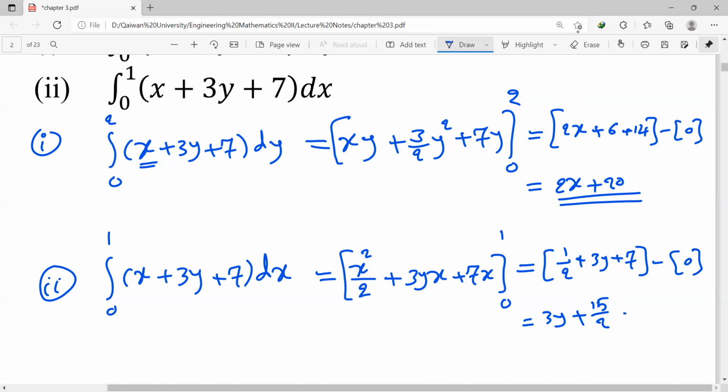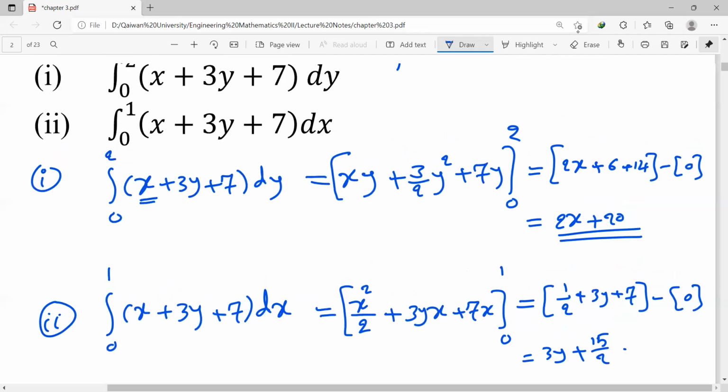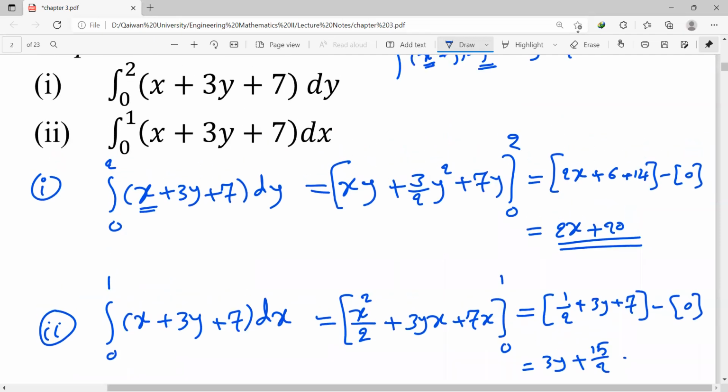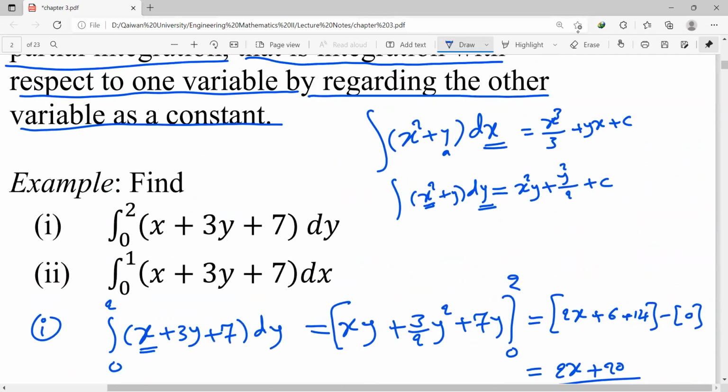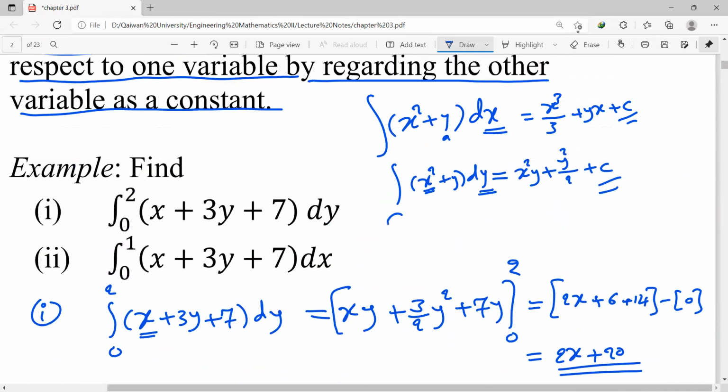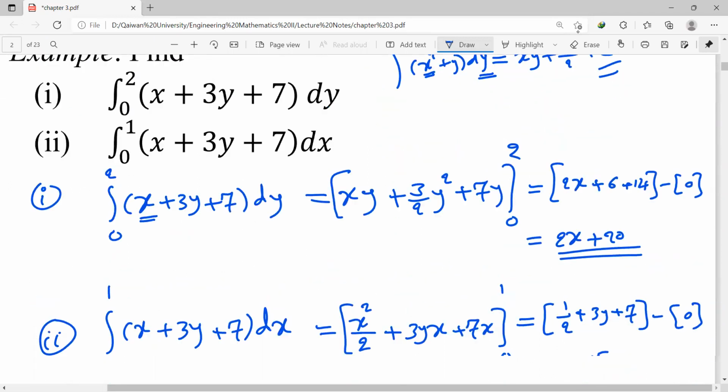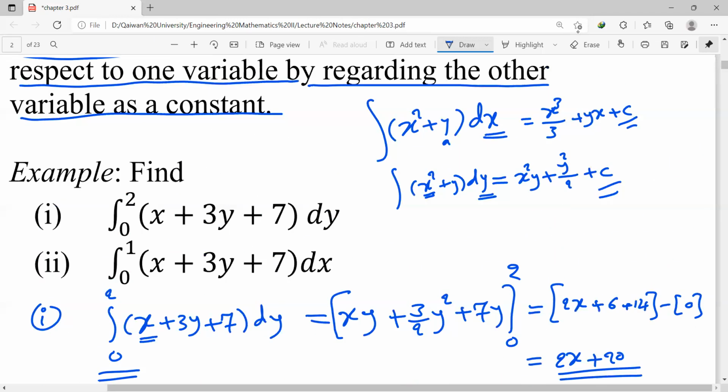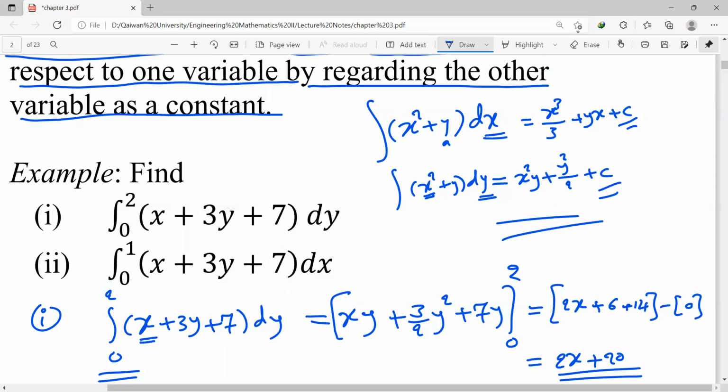Here, we don't add the constant for the integration because it's defined. It's a definite integral. Because we have lower and upper limits of the integration, that's why we don't add c as we added here for the integration. Here we have no lower and upper limits. That's why we add c. This one is a definite integral, but this one is an indefinite integral. That's why we add c for the